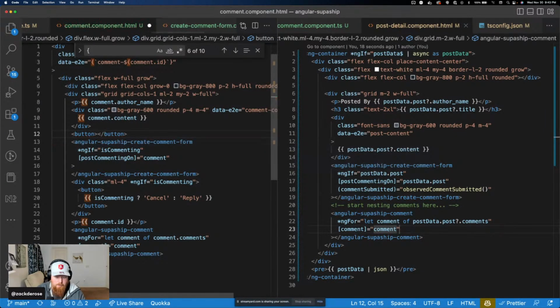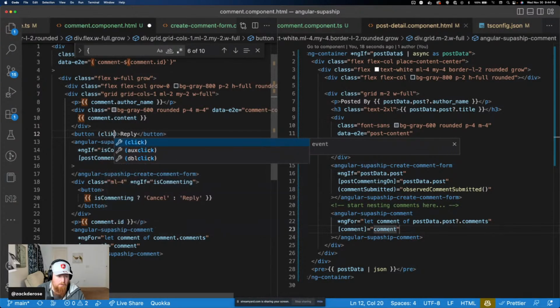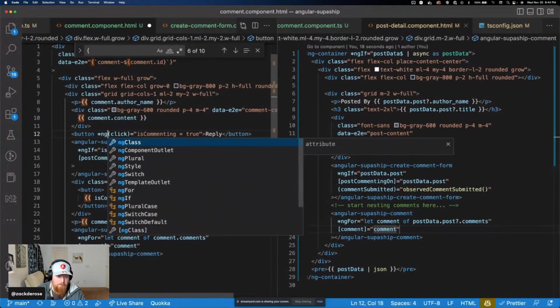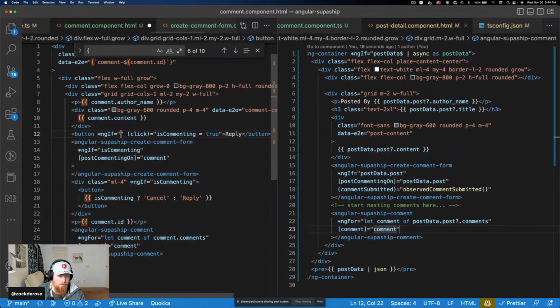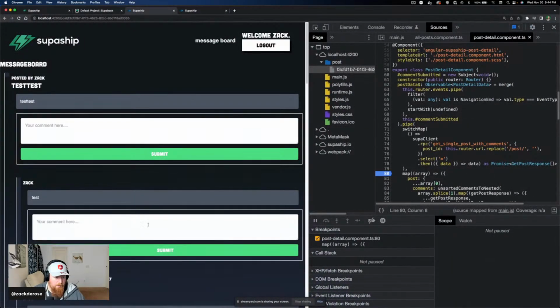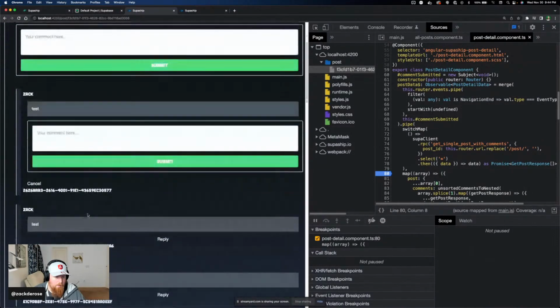And this will just say reply. And on our click, say is commenting set to true. And I guess we'll put an ngIf here. ngIf equals not is commenting. Okay, so there's our reply. So when we click it, we see that. And